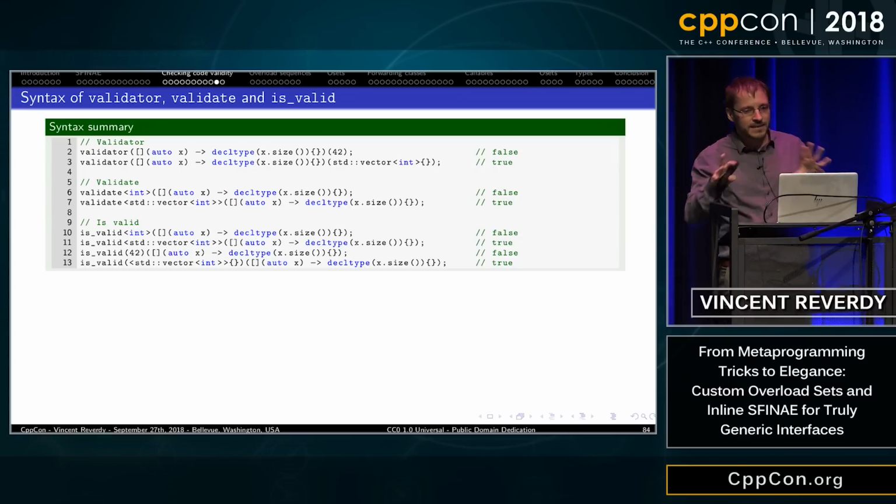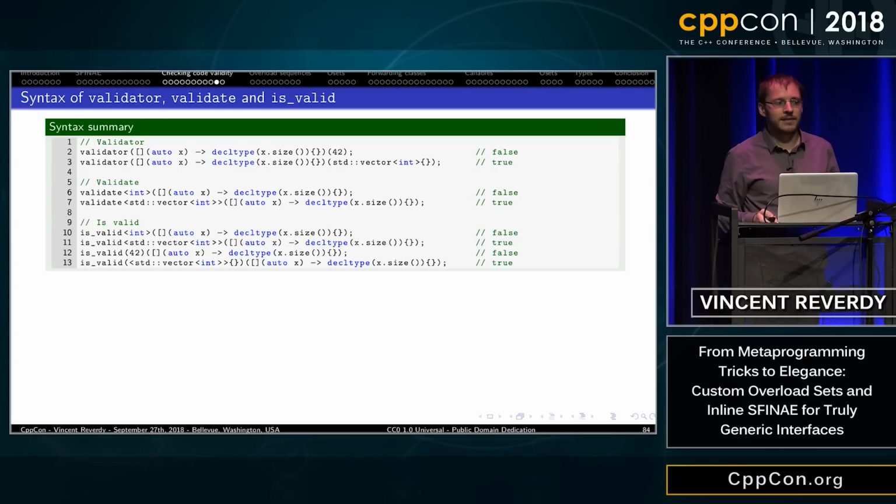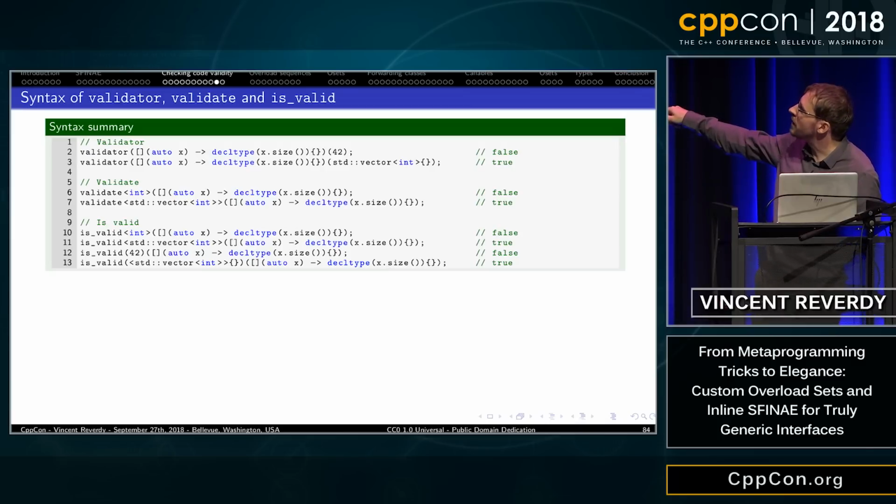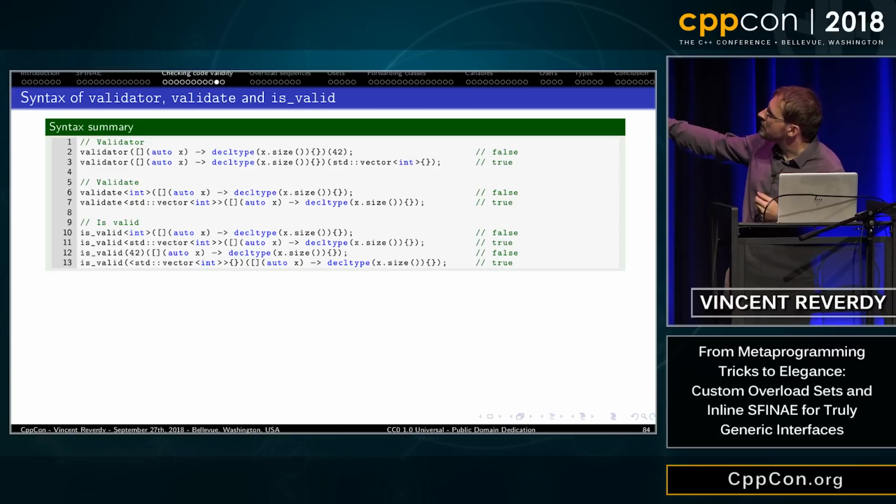And then I have these nice functions, and I can easily call them on lambdas with arguments. So validator, you give it a list of lambdas and an argument, and it will return whether the thing is valid or not. Validate, same thing except you give the argument as a template parameter, and then you give the functions.